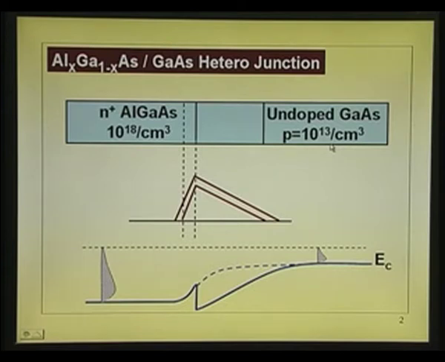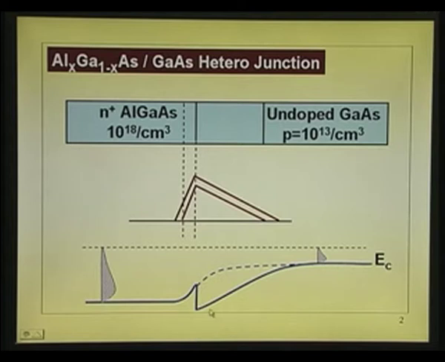What I am trying to point out is, just like in the regular N plus P junction, there is a depletion layer here, and as a result you have got the conduction band edge going up like this. This is across the depletion layer, and then there is a notch which we have discussed already, a discontinuity in the conduction band equal to delta E c, then there is band bending up to the edge of the depletion layer. What I am trying to point out here is, if this were a homojunction or if the notch were not present here,